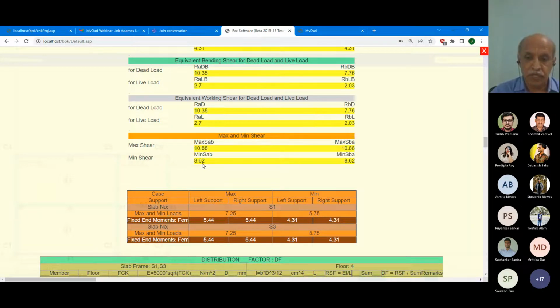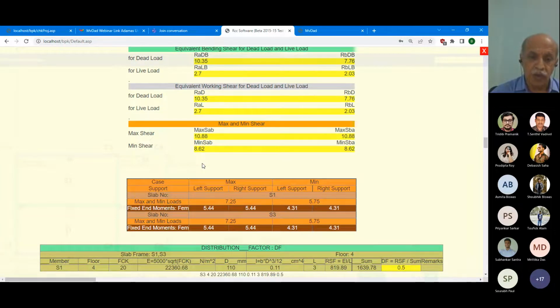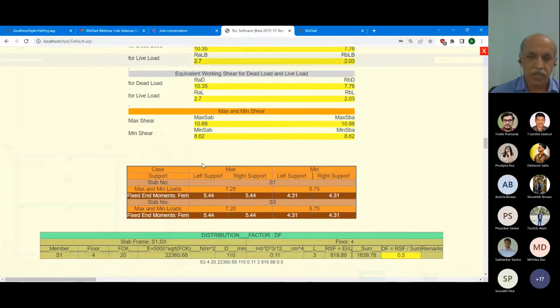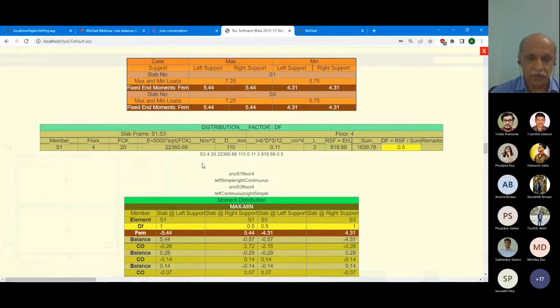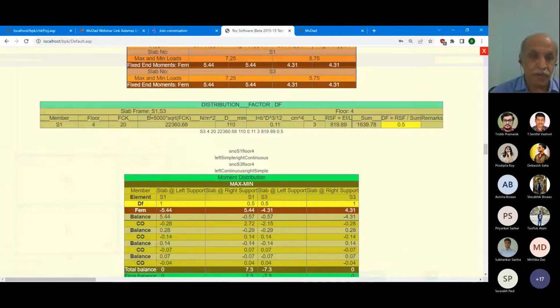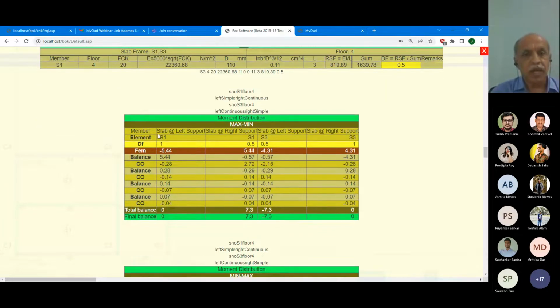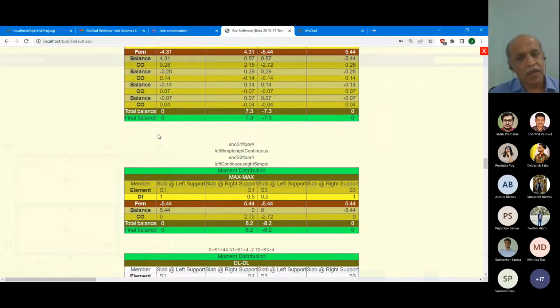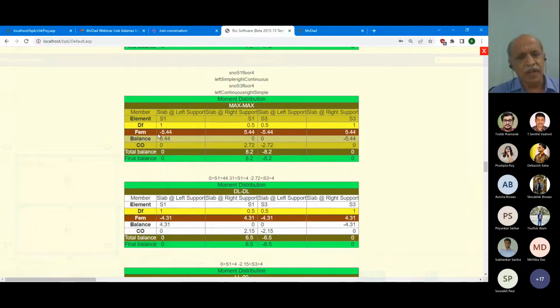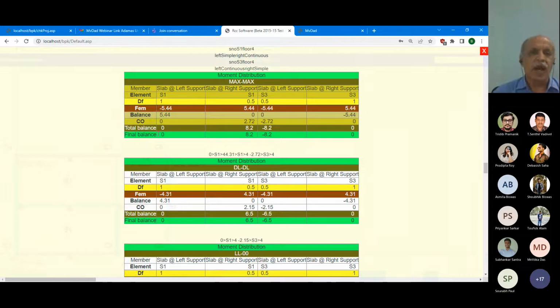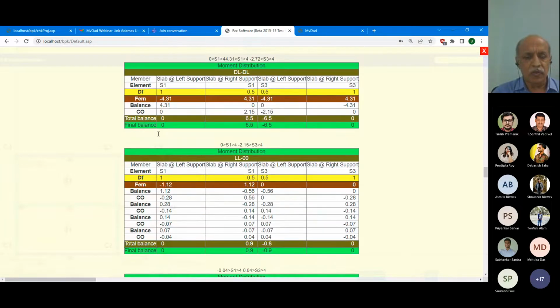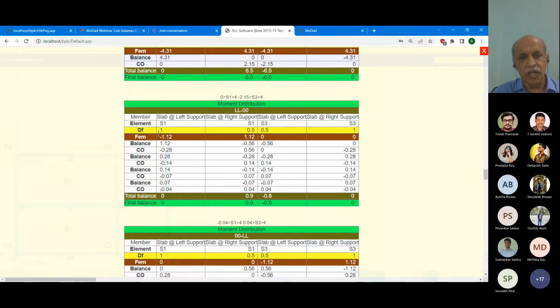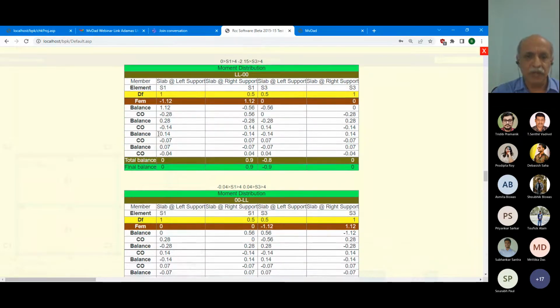for your professional purpose, so that you can check it online from your mobile, from your laptop, from anywhere for any project. Then distribution factor, moment distribution, max min, min max, max max. IS code asks us the condition if the live load is less than this, so you can do only max min or max max. But for software purpose, what we did, we consider all the three cases, and according to that calculation,